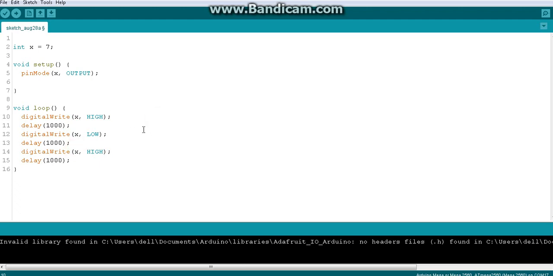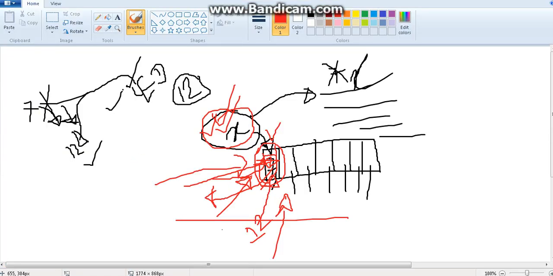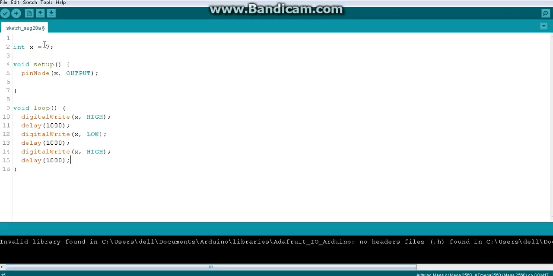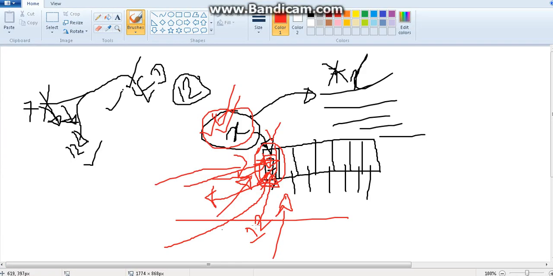Now you are changing the LED to a new pin, and that new pin is 12. So now you are supposed to replace the value, take the 7 out and put 12 here, right? So you come to the code again, delete the 7 and make it 12. At the very moment you are compiling or uploading the code, Arduino will take the 7 out and put the 12 there.